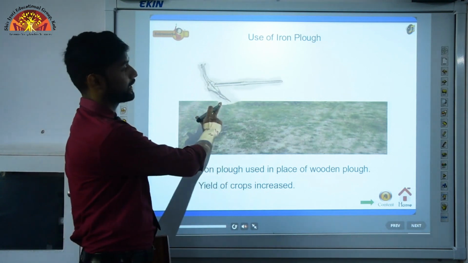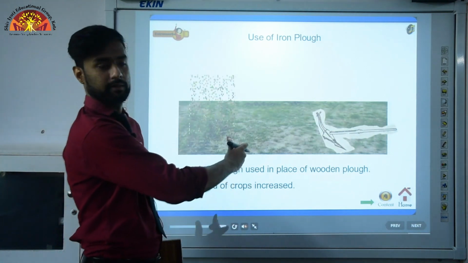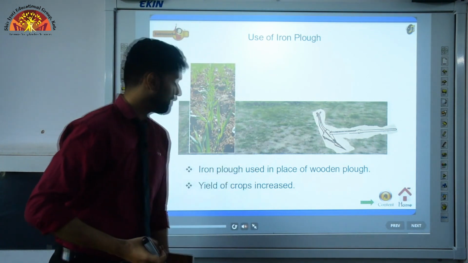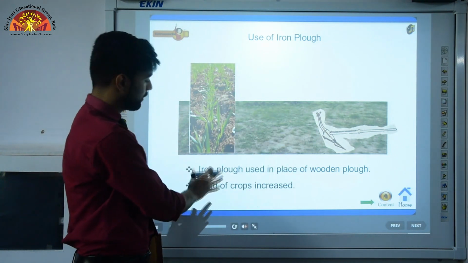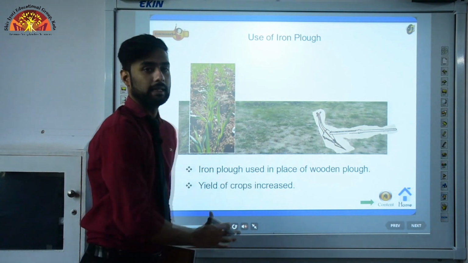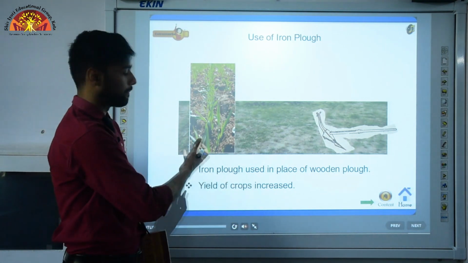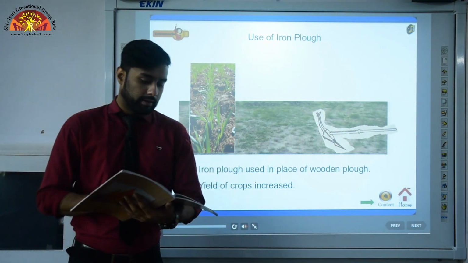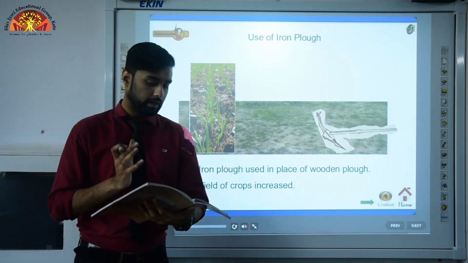So let's see what was the iron ploughshare. See, the iron ploughshare is this tool which is used to plough the field. You dig the field by an iron ploughshare. Earlier a wooden plough was used, but now people were using an iron plough, and because of that the yield of crops increased. Now the yield means the produce we are getting out, the crop, it increased, okay. Let us read. That heavy clay soil could be turned over better than with a wooden ploughshare so that more grain could be